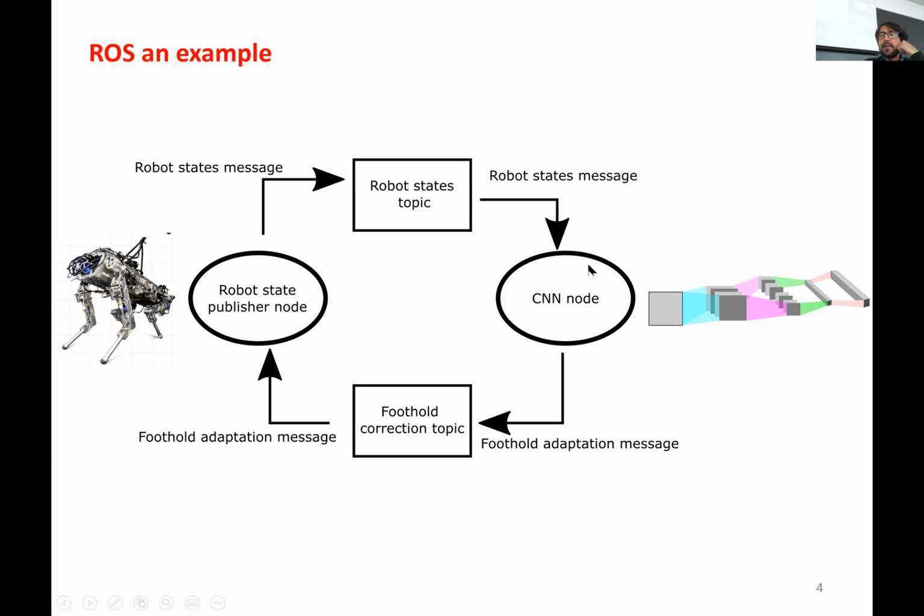So what you see here is the architecture that we're using now to do foothold adaptations in our quadruped robot. And this is just one small piece of all of what we do. Let me show you a video so you can get a better idea of what I mean. I will stop sharing and then